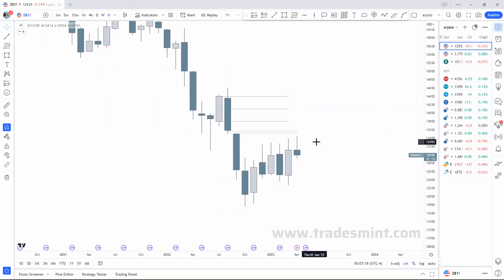Imagine the kind of entries we can take on the 4 hour and on the 5 minute. If we know the whole monthly candle, how many 5 minute candles are there in one monthly candle? That's a shit ton. Absolutely a shit ton. And if we can just know the monthly, then we know the 5 minute essentially. We want to look for buys. Now we can maybe take short-term scalps for shorts, but mainly we want to look for buys because those will be the strongest, and those will generate a lot of profit